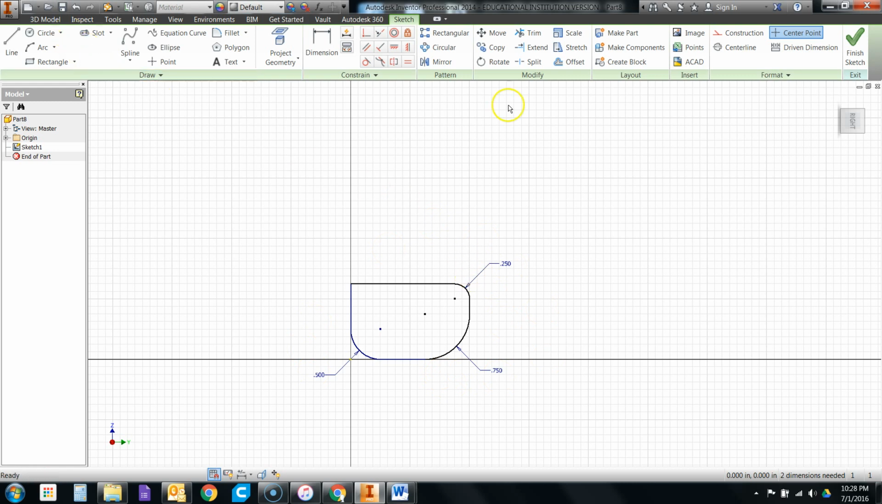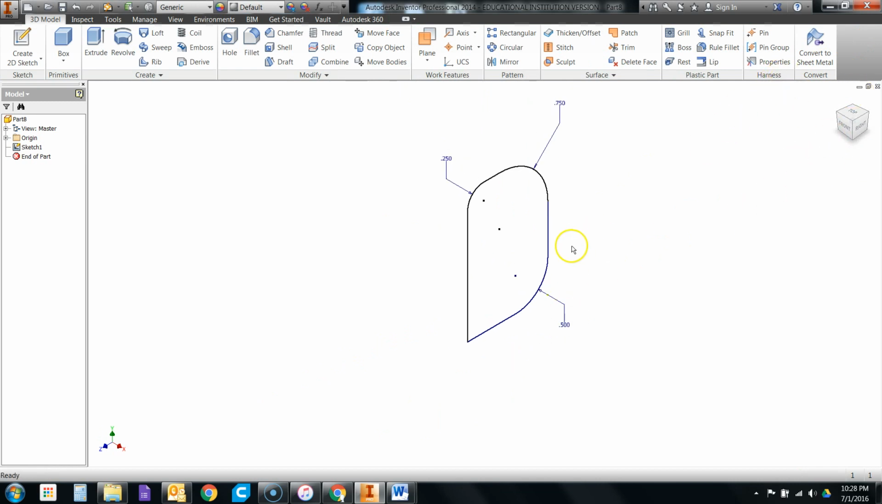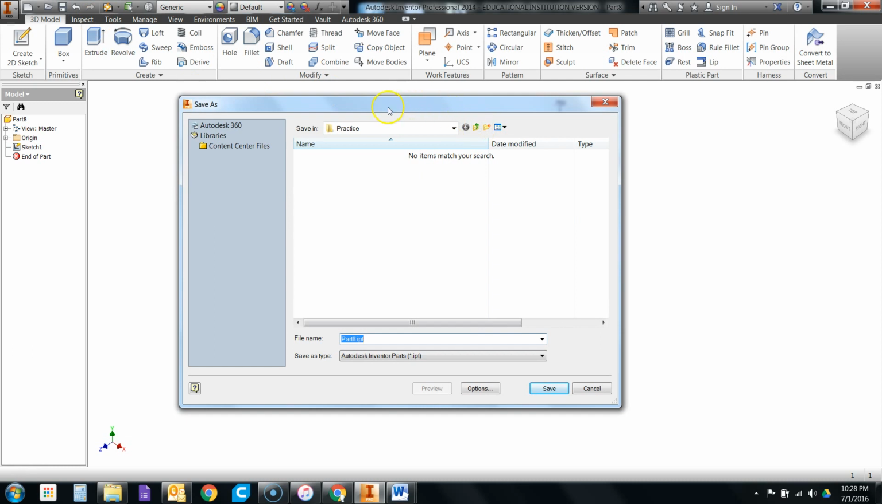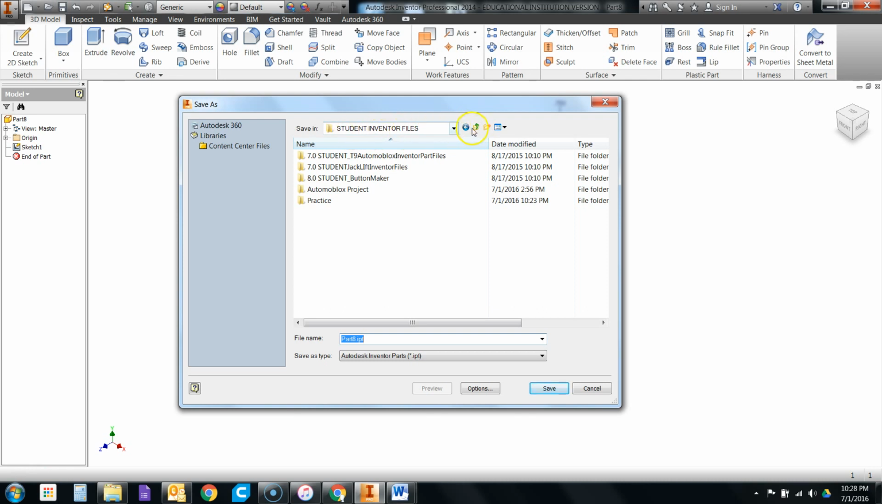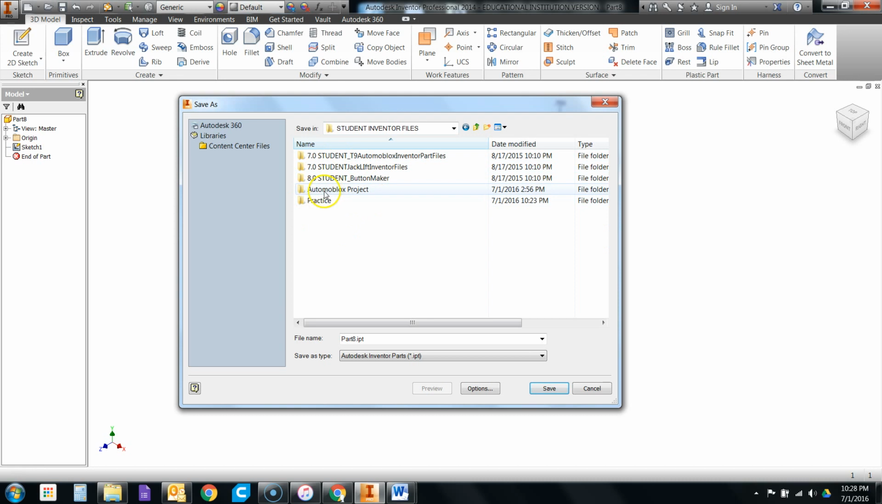Once this is done, you hit Finish Sketch, and you'll see that it rotates it back into this weird view, but that's okay. Save the file by clicking on the Save button, and you'll notice that I have this folder called Practice. Now this folder was one that I created under my Student Inventor Files folder, which is in my Student Version folder. So under the Student Inventor Files folder, I have this Automoblox project, which we'll be using in a minute, and this